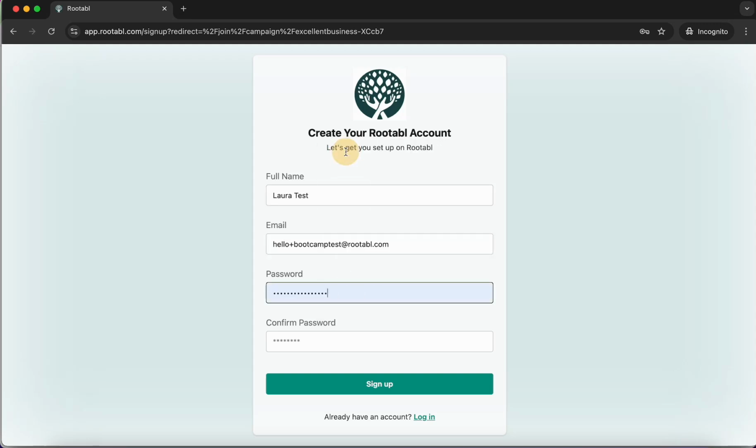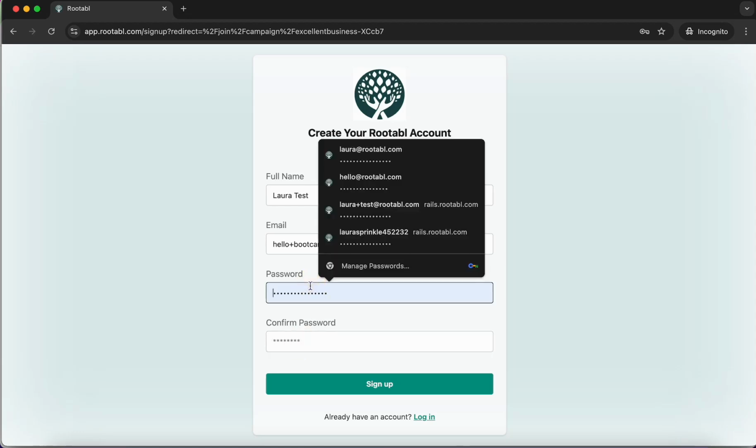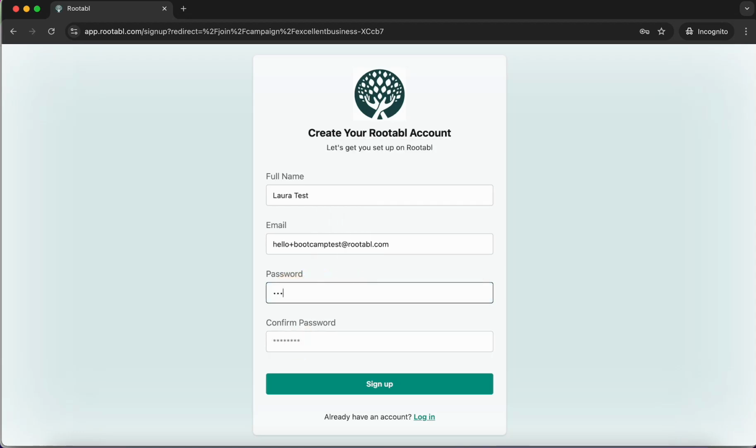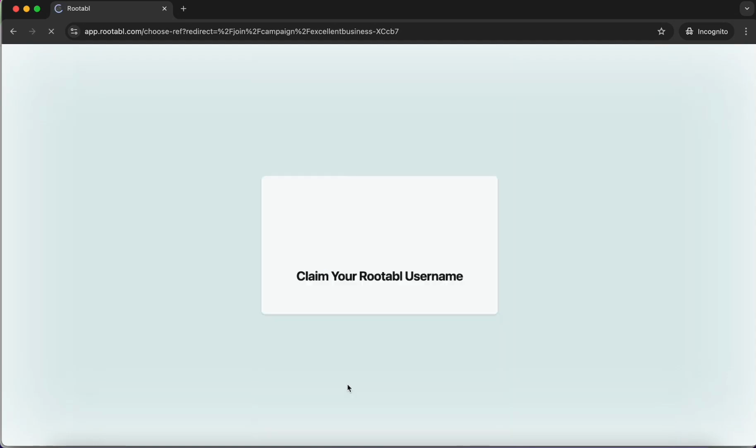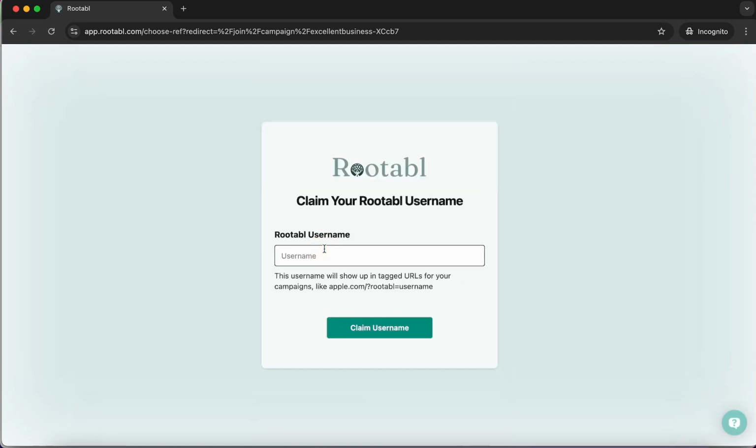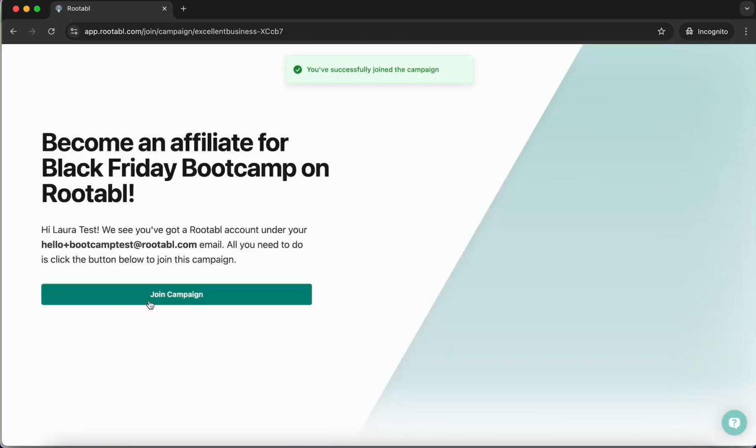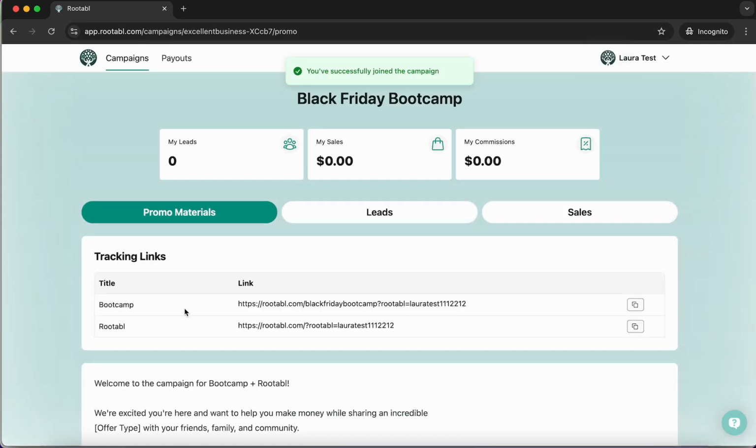at rootable.com. I'll just do a random password here. Okay, test bootcamp. I try to make this something that I'm not going to steal a username from anybody who actually wants it. Okay, so now I'm going to join the campaign, and as you can see, I have my test links here,